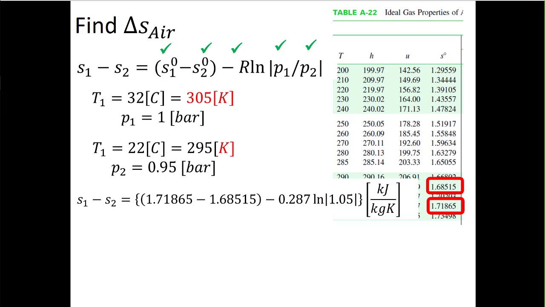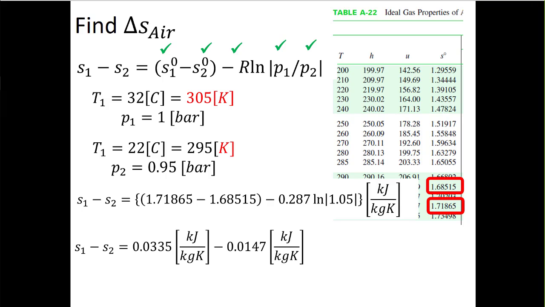So I can plug all this into my equation. I got to make sure that I don't fat finger it on my calculator, which again, I'm really good at doing. I would evaluate it as two different parts. I know you can put it all into your calculator at one time, but I'm really good at messing up the order of operations. So here I get a number for delta S for the air side,